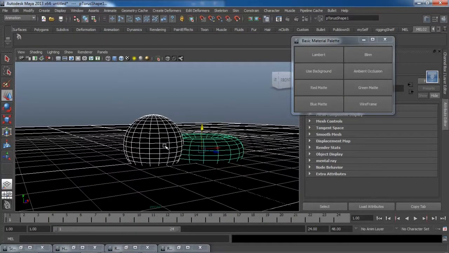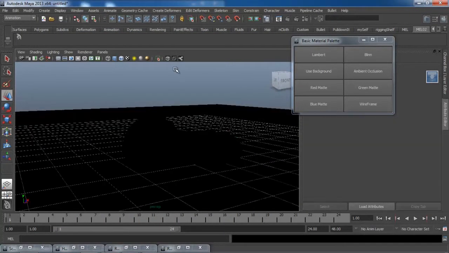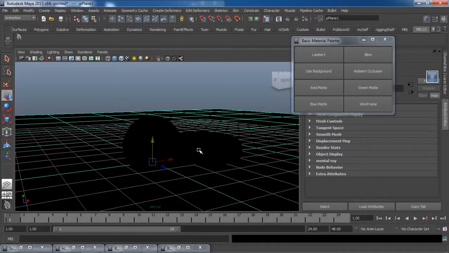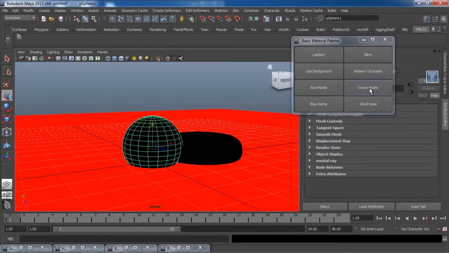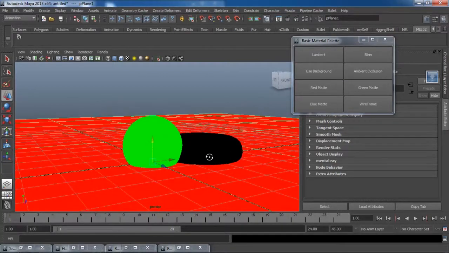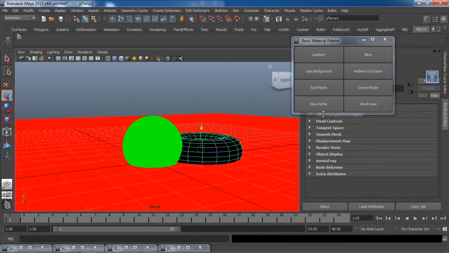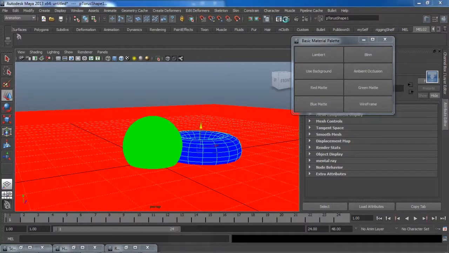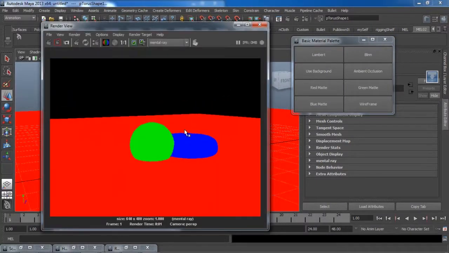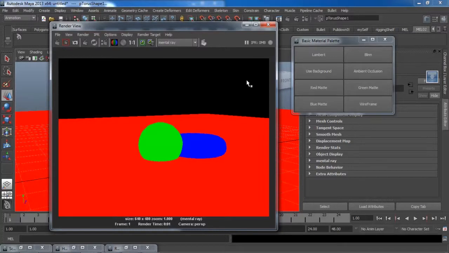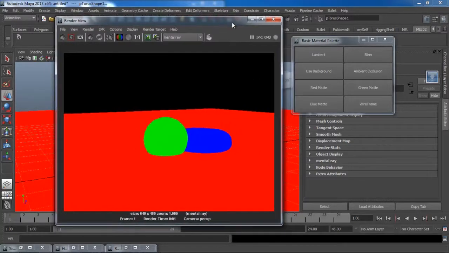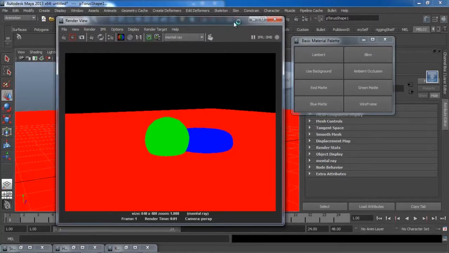Apart from that, we can also use some more buttons. Select the plane and click on the red matte, the sphere, green matte, and for this torus we'll click on the blue matte. In that way, we can also use mattes, which can be beneficial for effects and lighting artists, and they can use this feature for their compositing purposes.